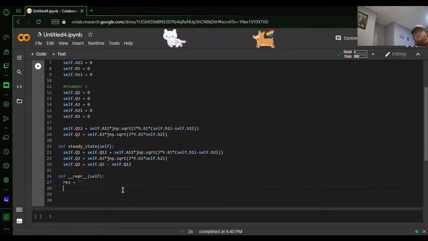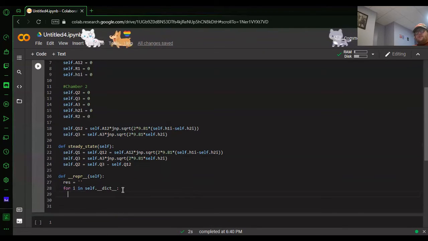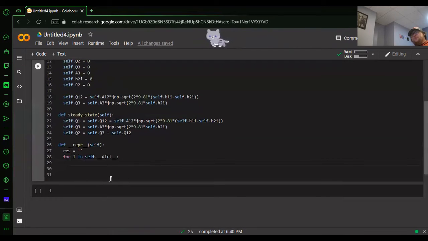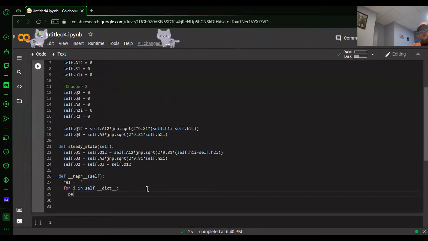So what's going on here? Now self.dictionary right here is just where all of your items are kept. So for example, self.Q1 is kept in this dictionary. And if I show you real quick and put pass